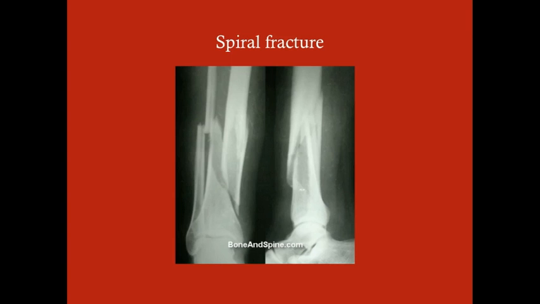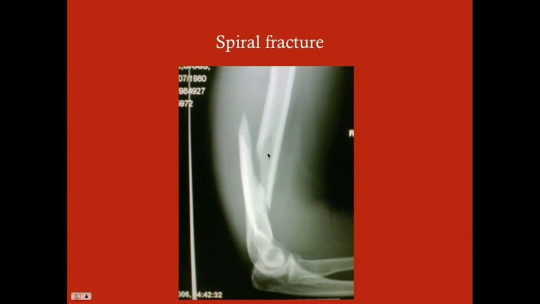And then this transverse fracture right here. And then here's another one. I happened to read the case history on this particular patient, and this patient got this humerus spiral fracture from